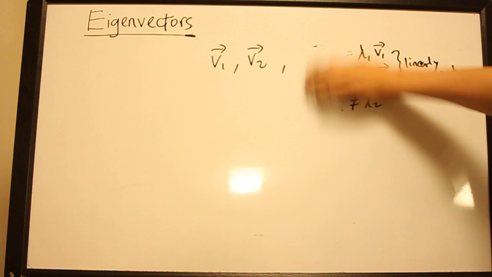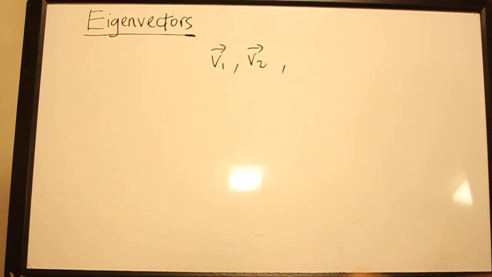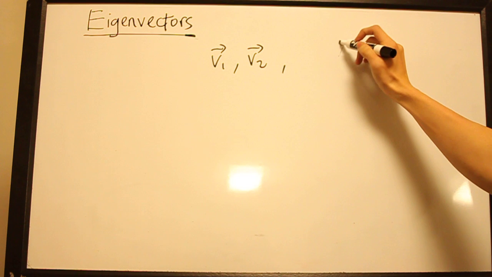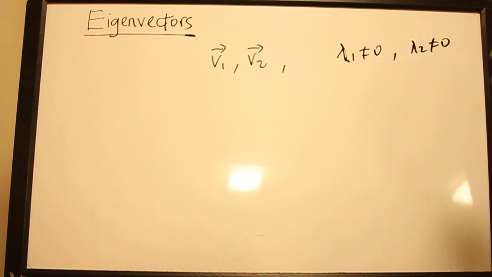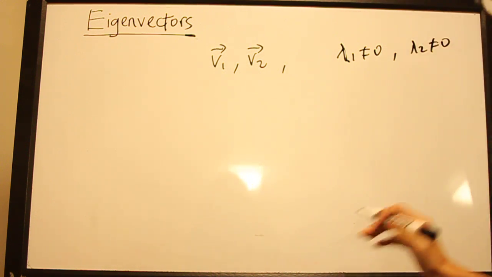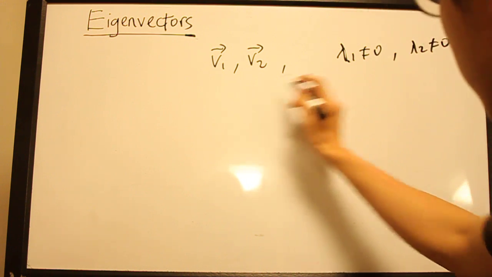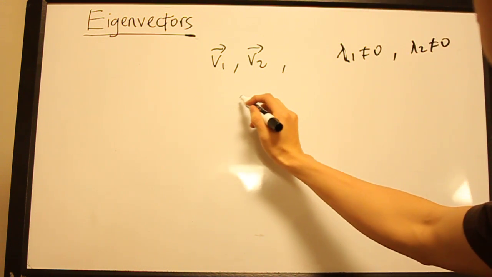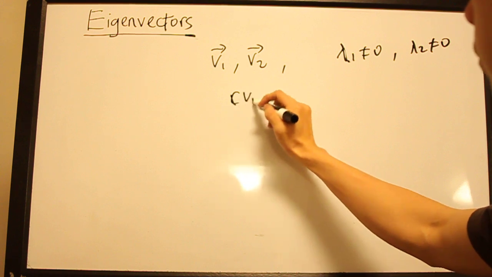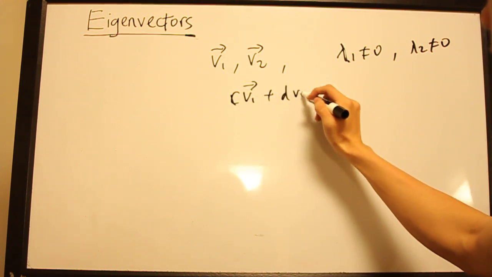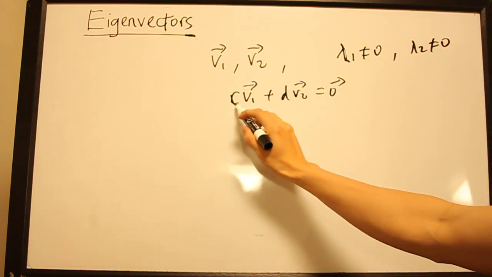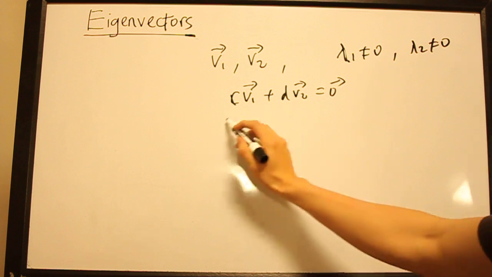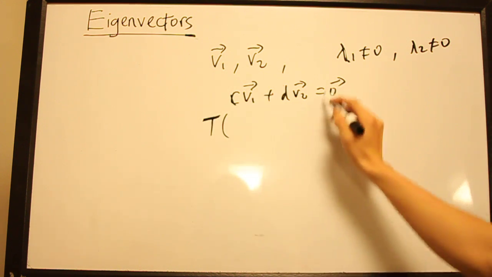The proof of that is actually rather simple. The first assumption we make is that lambda 1 is not 0 and lambda 2 is not 0. You may ask, what happens if one of them is 0? That's an exercise to the reader or the watcher. That's actually rather simple. So let's say they're not 0. Okay, what do we have? We assume that, say, c of v1 plus d of v2 equals 0. We want to prove that they are linearly independent, which means that we want to prove that c and d must be 0. So we apply T to this whole thing,